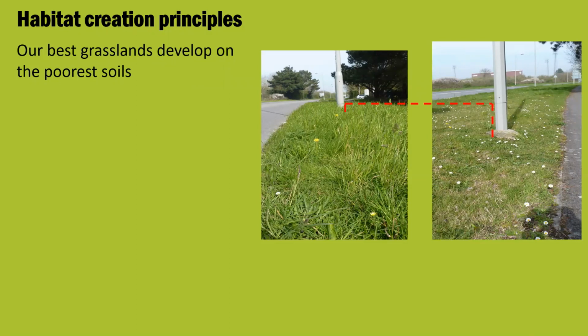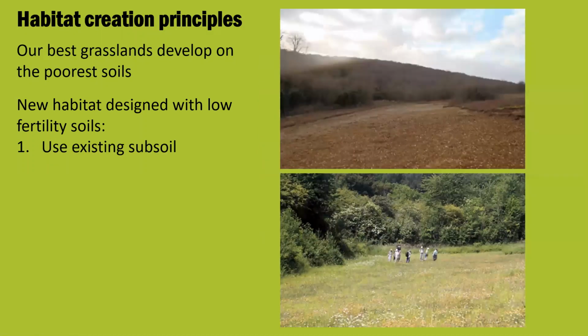And there is a good news bit of this story in that we've been working with national bodies like Highways England, and Highways England have now formally adopted this kind of approach on any new road developments to not actually add any topsoil and restore these sites with subsoil, and that will give rise to much greater biodiversity, which is fantastic news. So new habitat is designed with low fertility soils, as I've kind of explained,